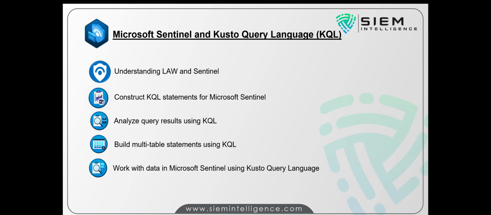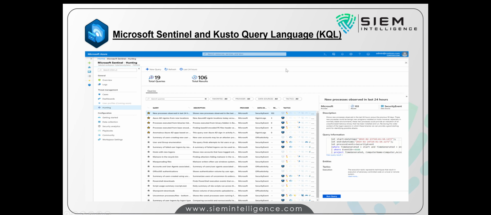When we start talking about each area, I will take at least 2 to 3 use cases for every area. Let it be hunting, let it be rule creation, let it be incident management, let it be automation. Every area I'm going to cover 2 to 3 use cases for practical approach. So I can take 2 or 3 or more. If you people insist, then I'll go with one more use case.